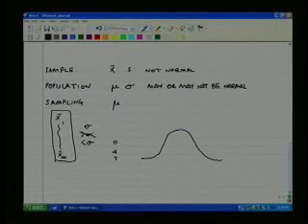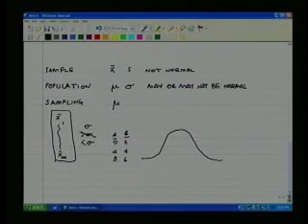Is that distribution more, less, or as varied as the original scores? The original scores were 0, 4, and 8. The only possible combinations of two scores are the 0 and the 4, with an average of 2, the 0 and the 8, with an average of 4, and the 4 and the 8, with an average of 6. Is set B more varied than set A, less varied than set A, or as varied as set A? It's less varied than set A.